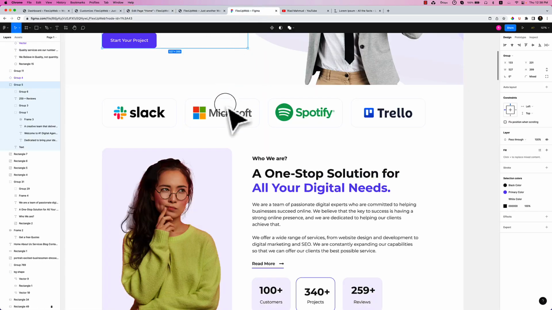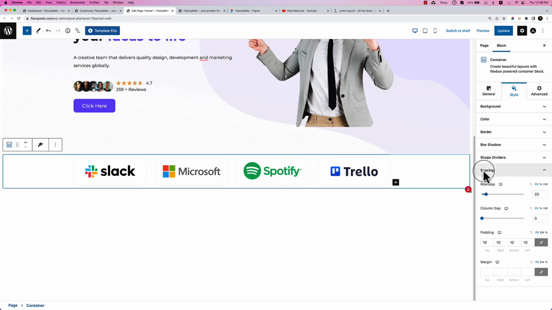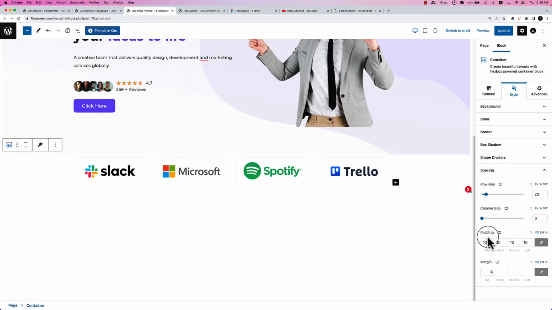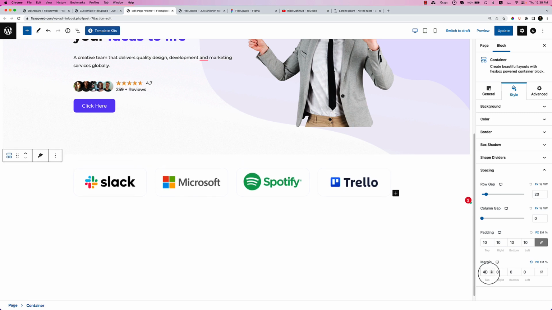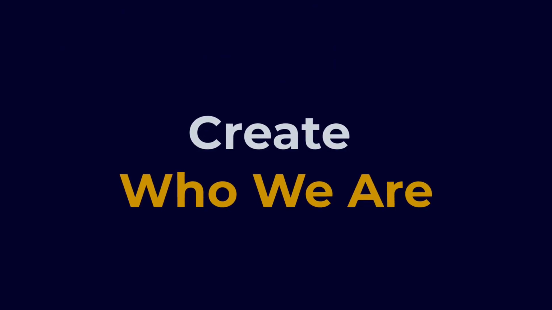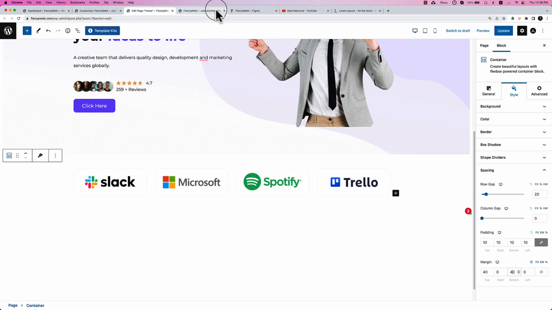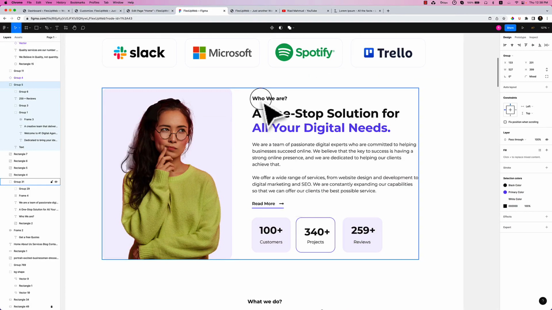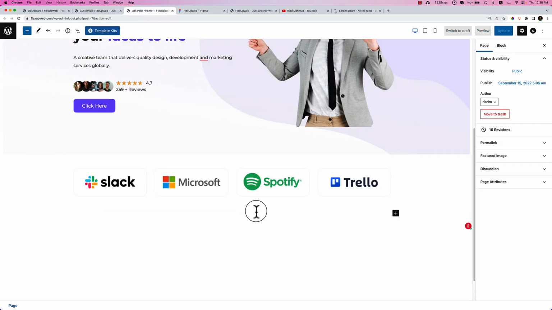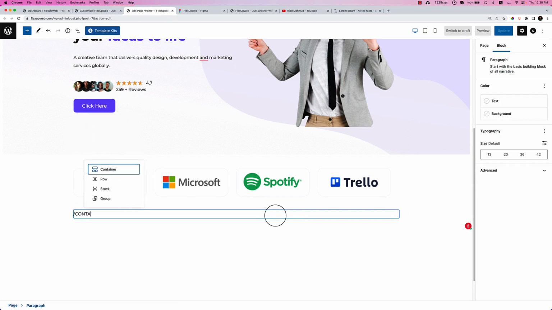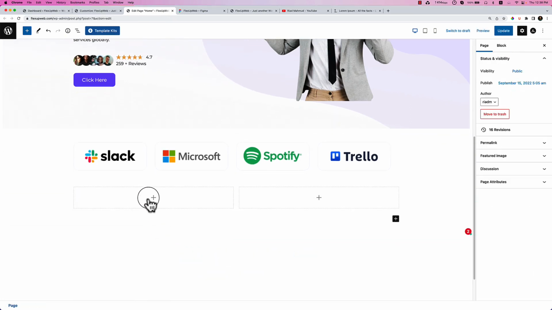Now adjust the spacing at the top and bottom here. Select container, margin, or you can add margin top 20 or 40 pixel, and the bottom should be 40. The next section is who we are, and this one let's create very quickly. Container, 2 column, add an image here,